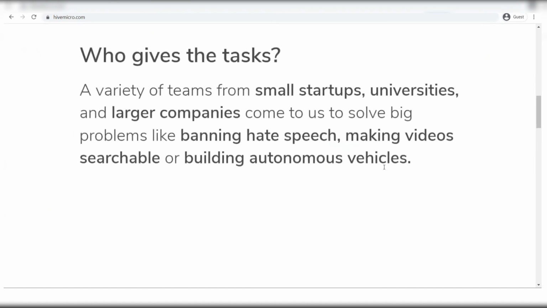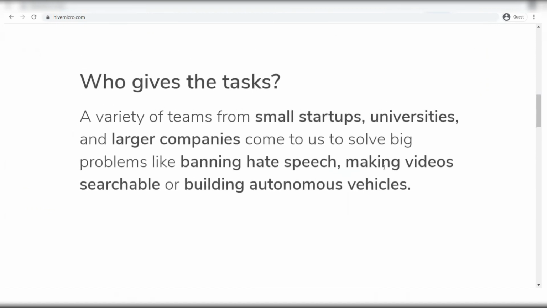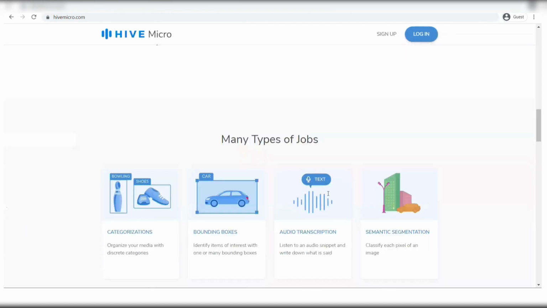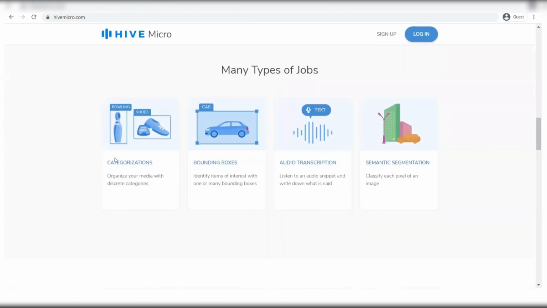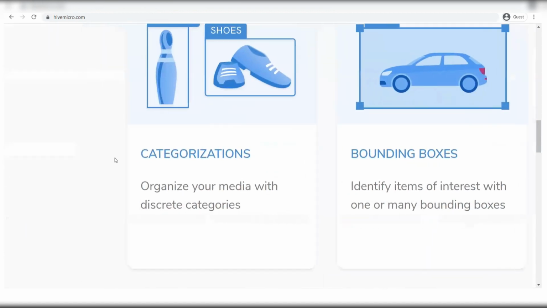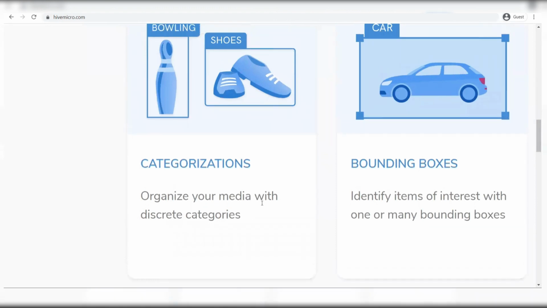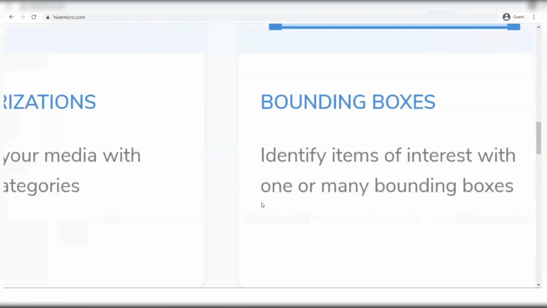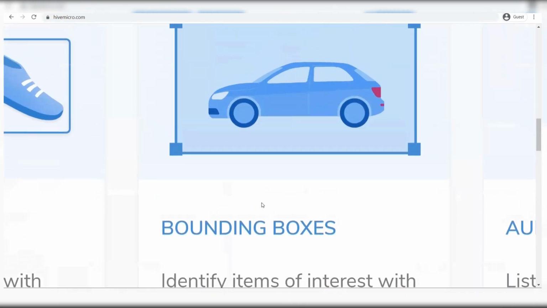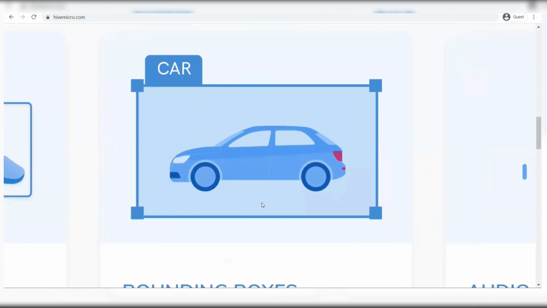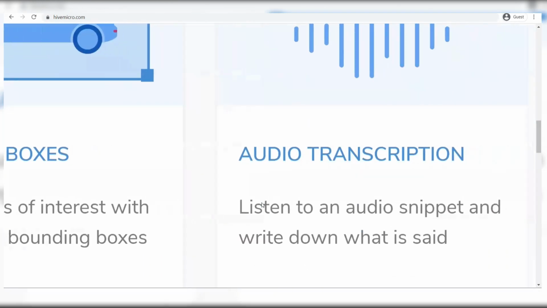A variety of teams from small startups, universities, and larger companies come to us to solve big problems like banning hate speech, making videos searchable, or building autonomous vehicles. There are also many types of jobs on this site like categorizations, organize your media with discrete categories, bounding boxes, identify items of interest with one or many bounding boxes, audio transcription, listen to an audio snippet and write down